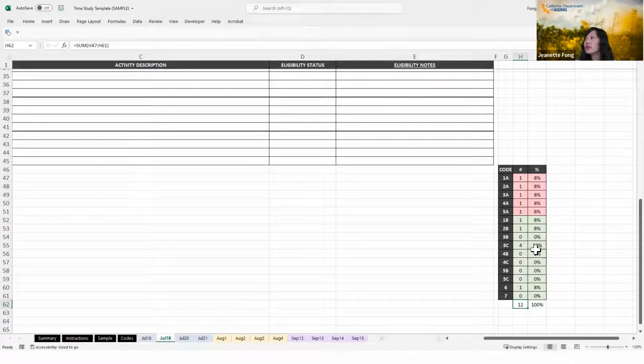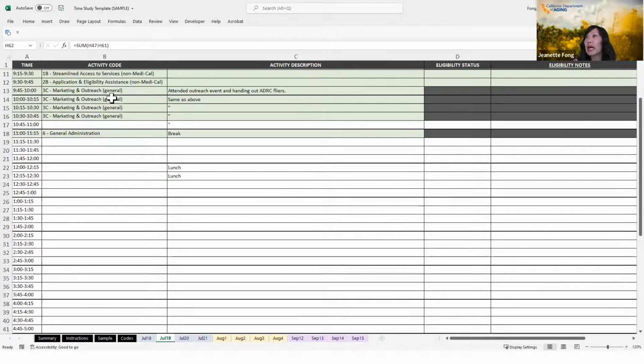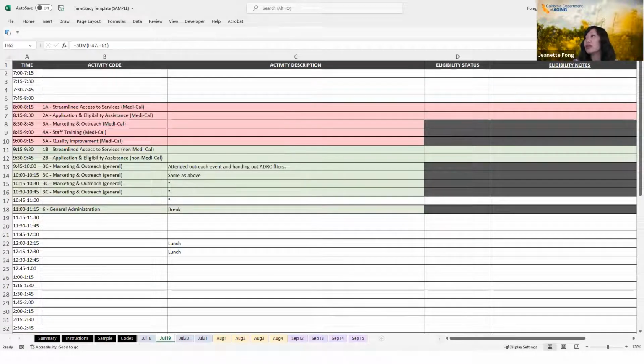You can review this too to see if there are any noteworthy trends, making sure they're not overusing maybe that administrative code or the other funding source codes. If you see them using it a lot here, that's where you want to go back and check all of those to make sure they're being coded appropriately.